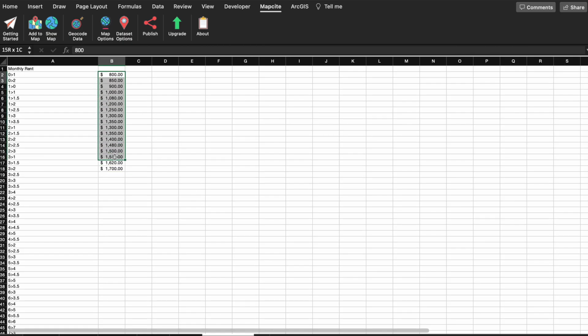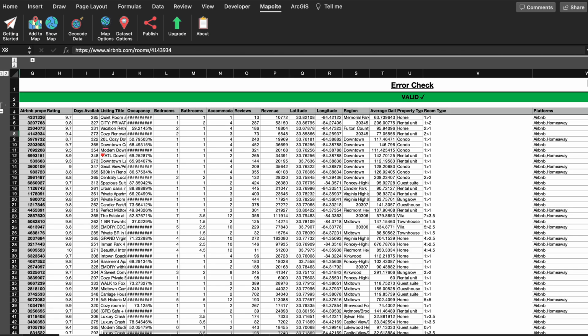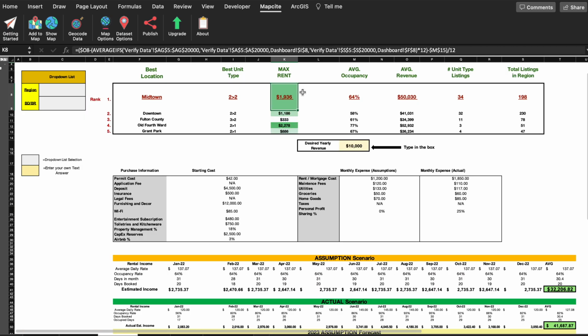So this tab right here, I didn't fill out all of the unit types, but for a studio, say on a monthly basis, you may spend $800 for the cleaner, for the expenses from internet, gas, and miscellaneous expenses. Based on the math, we generate the max rent that you can pay in order to receive your desired revenue, and that's based off of a couple conditions, which is also considered around the average revenue.